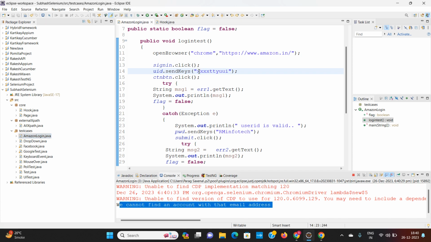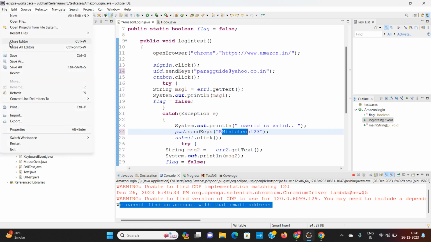If I write a valid user ID, so it means it is now not going to the catch block. It is inside the try block only. If I write a valid user ID and write invalid password, say this password, invalid password, and again check,